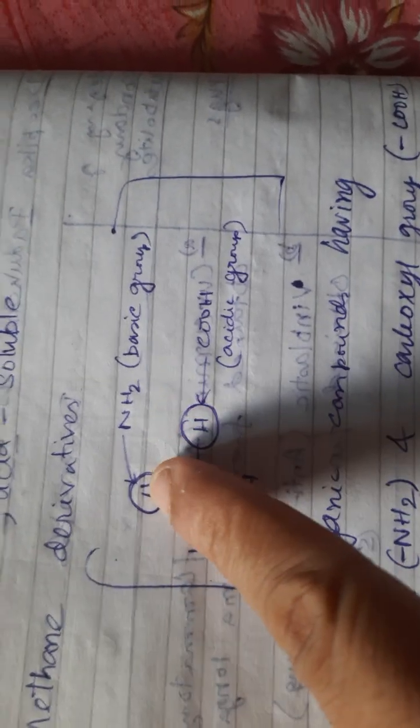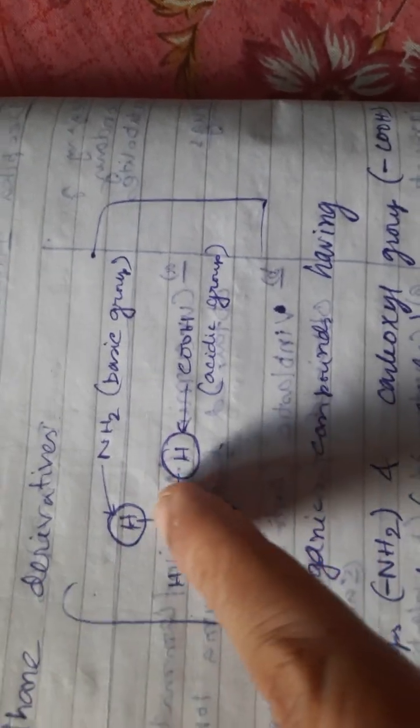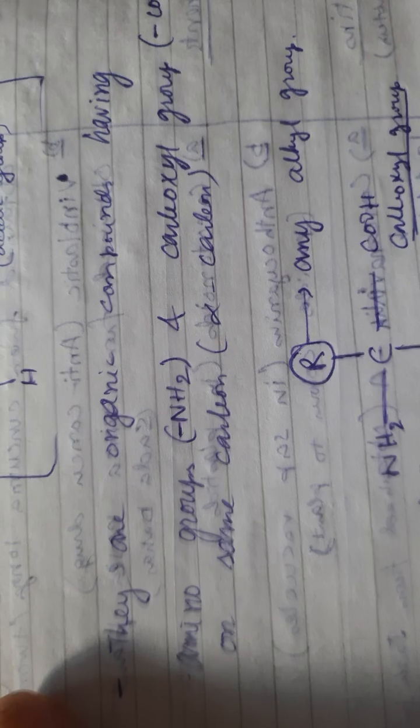These are micromolecules, are acid soluble, and are methane derivatives. That is, if this is replaced with a basic amine group and this is replaced with a carboxyl group, then we get the amino acid glycine. And if we remove this, then we get a different one with different types. And these are organic compounds having an amino group, as already said,